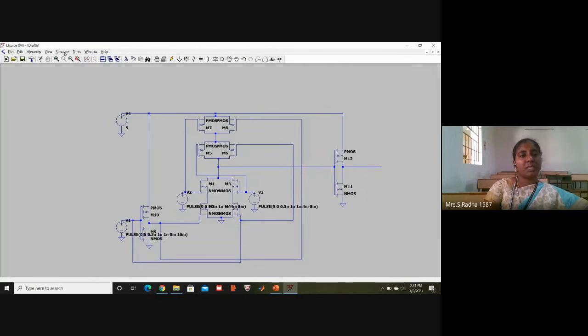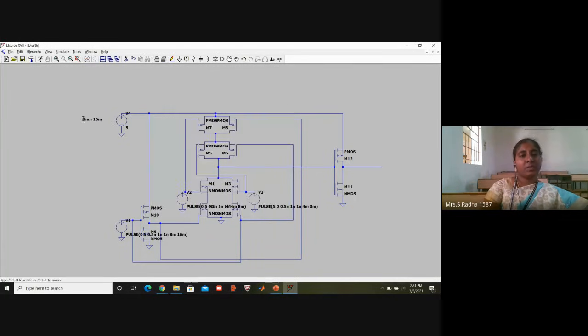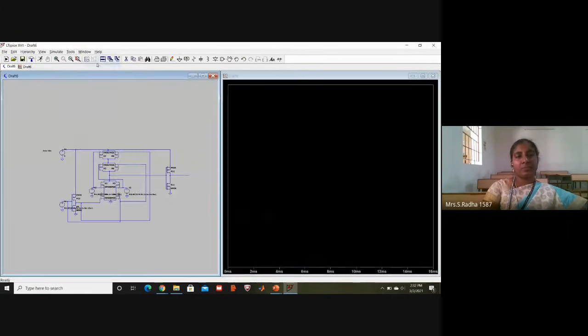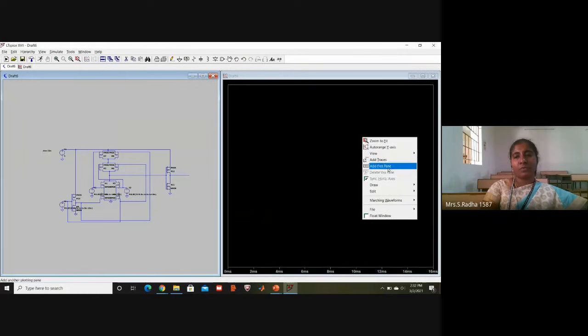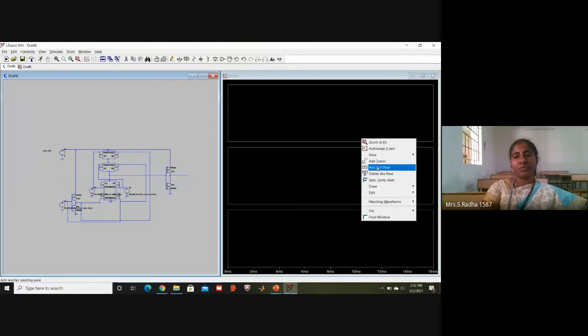Now the simulation time maximum value I have taken in the entire thing is 16 milli for time. You can keep it somewhere in the circuit. Now go to run button, window, tile vertical, and I want to see 4 waveforms, add plot plane. I want to see 4 waveforms.